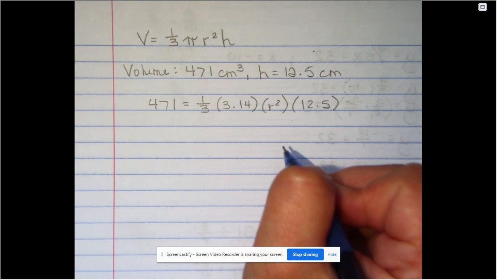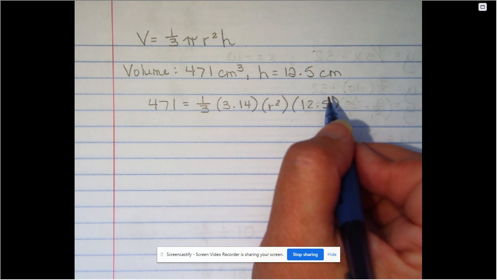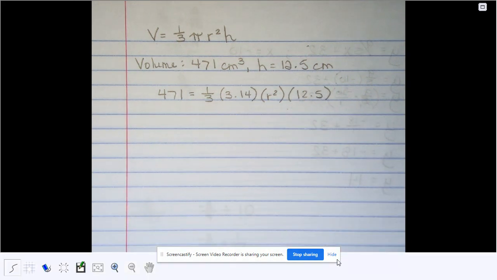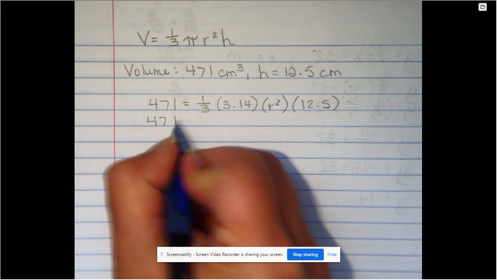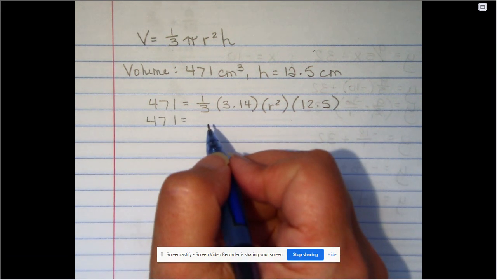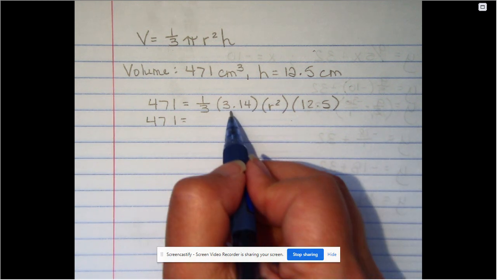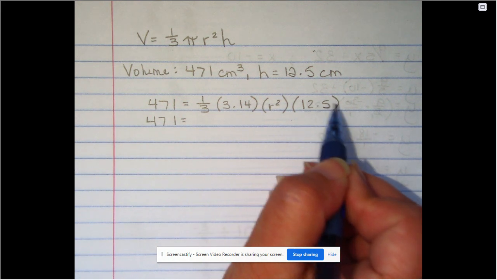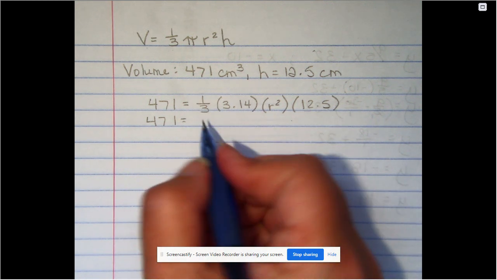Okay. So now I'm going to multiply together the pieces I do know and move on from there. Okay. So 471 equals 1/3 times 3.14 times 12.5. In my calculator, I do that 3.14 times 12.5 and then divide by 3 and get